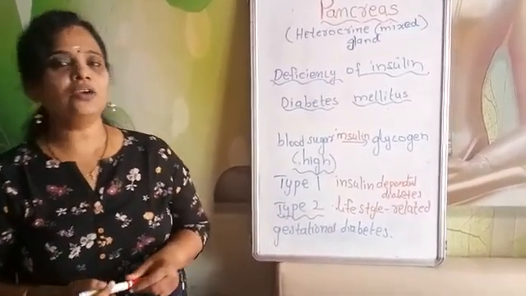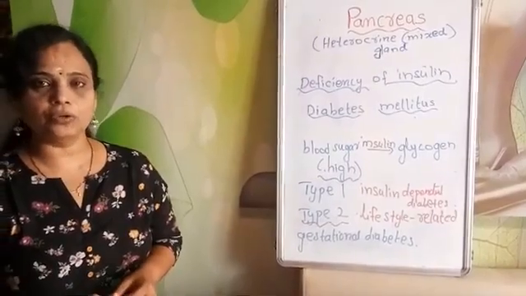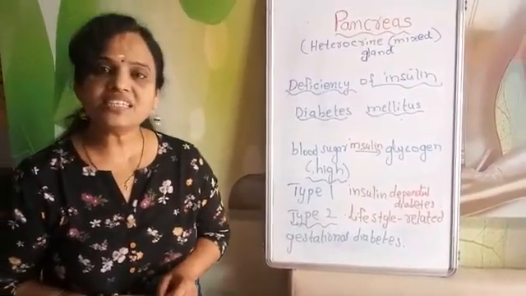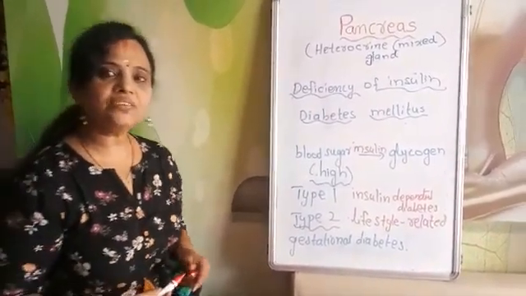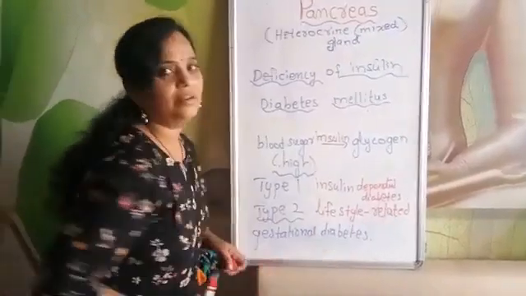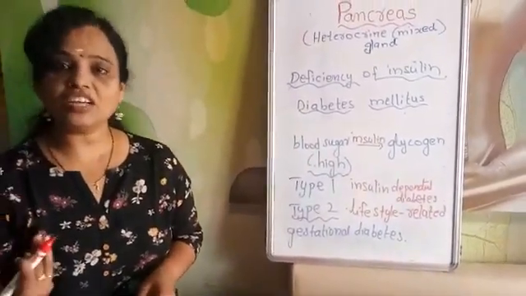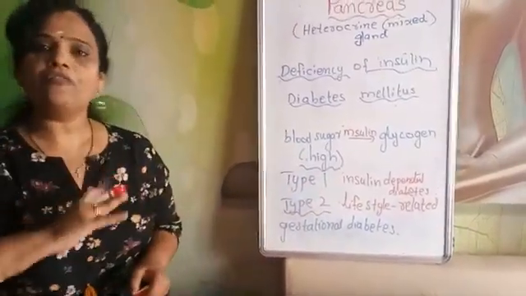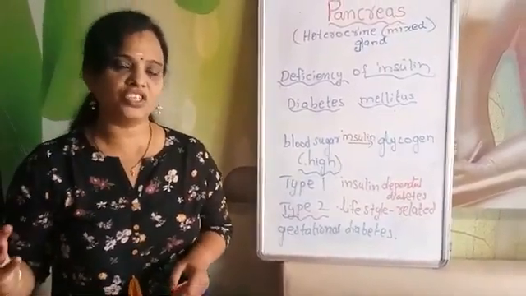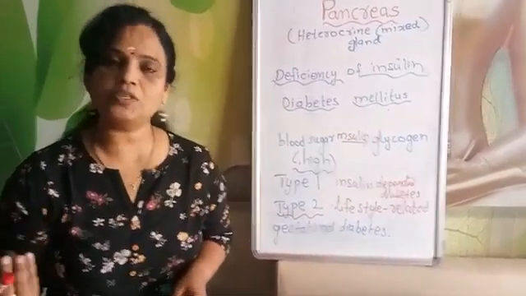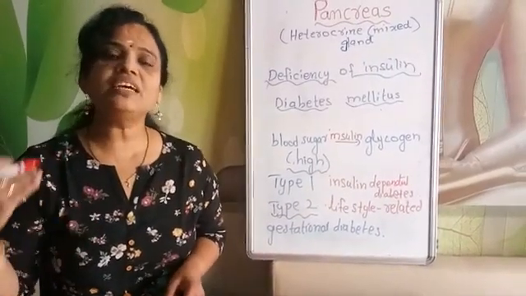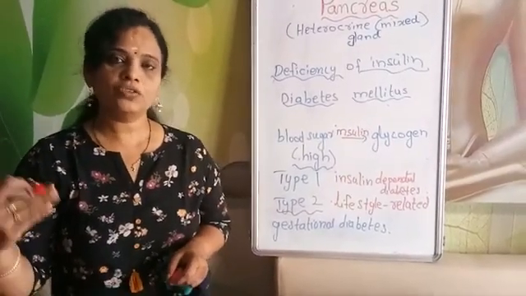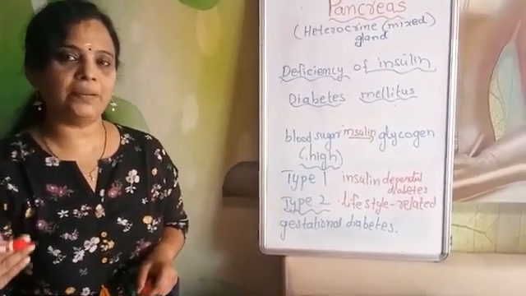And you know, children, why does obesity come? That is mainly due to lack of physical activity and excess intake. That is the reason we say sedentary lifestyle, and that is the reason we say lifestyle related diabetes. This we can actually prevent. This kind of diabetes generally comes after you cross a particular age, minimum 40. Nowadays it even comes to young people, but theoretically we say it comes only after 40 or 45 years. So it is lifestyle related diabetes which can be prevented.